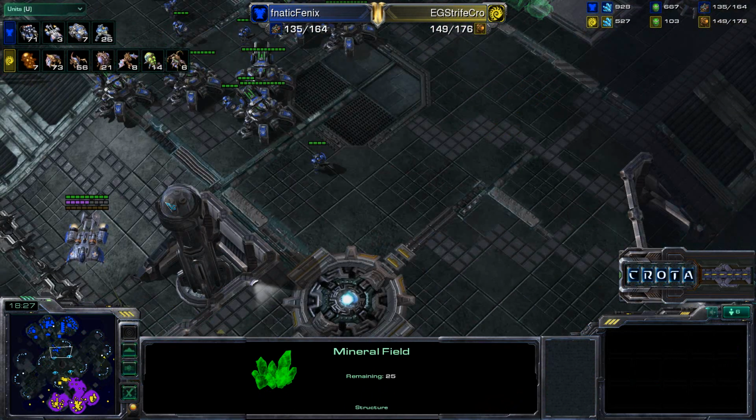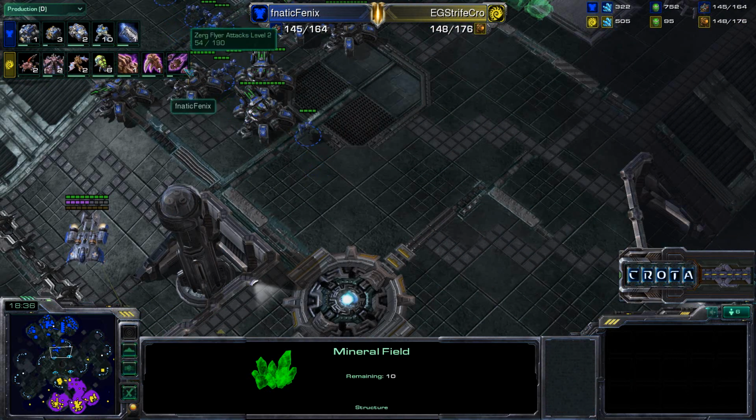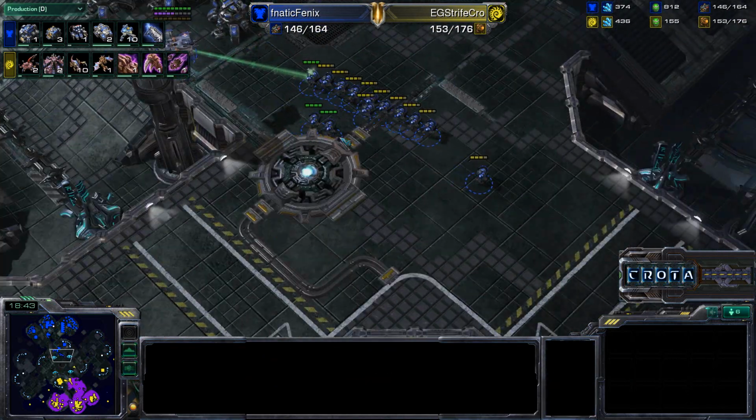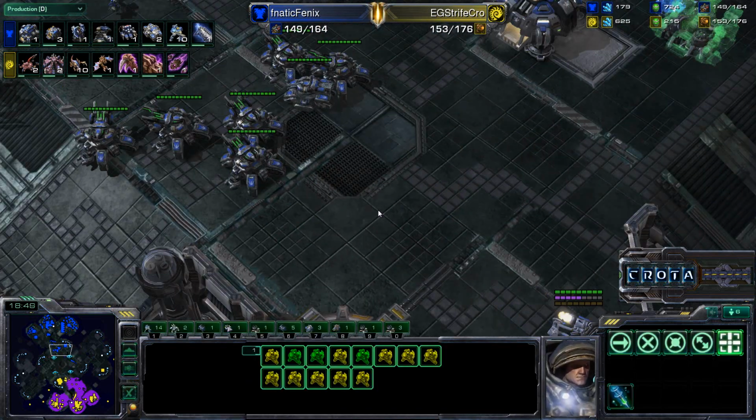Income-wise, 71 drones versus 73 drones versus 71 SCVs. Another command center being established as well, as upgrades are being researched across the board. Level 2 weapons upgrade, level 2 claw, and level 2 carapace versus level 2 infantry. The siege tanks, I do not believe...